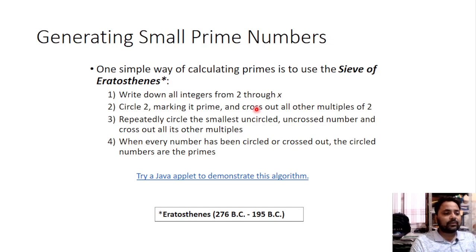Generating small prime numbers. One simple way of calculating primes is to sieve off